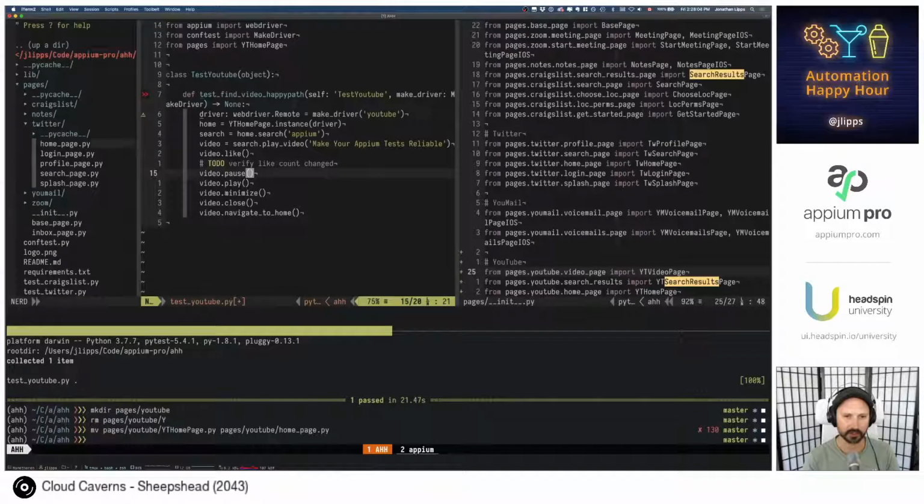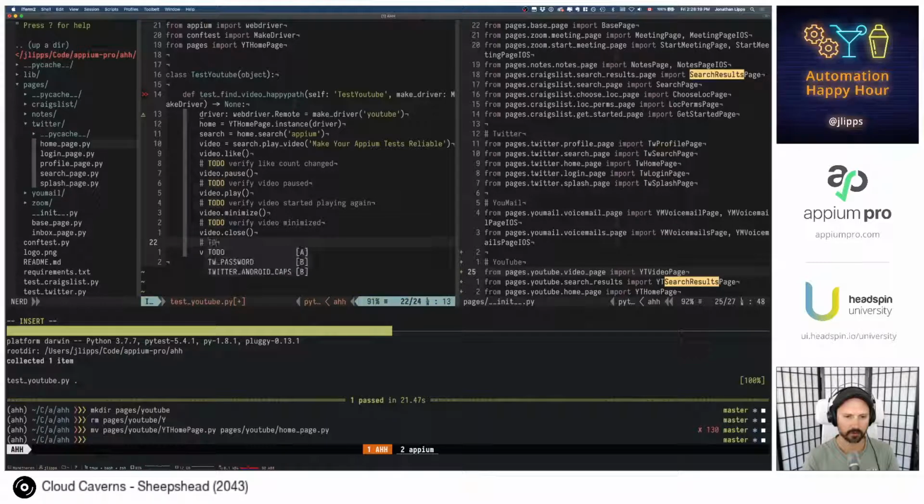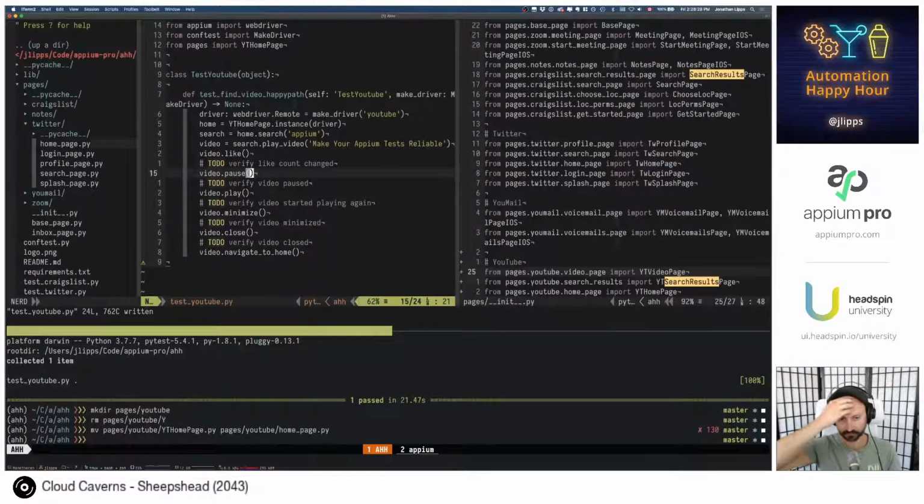Verify that something changed there, and then verify video paused, started playing again. More and more, I'm thinking we're probably not going to get through all of this in the next half hour, but hopefully at least get close.